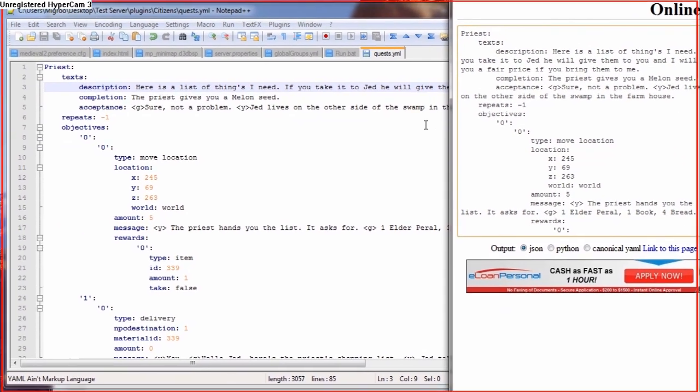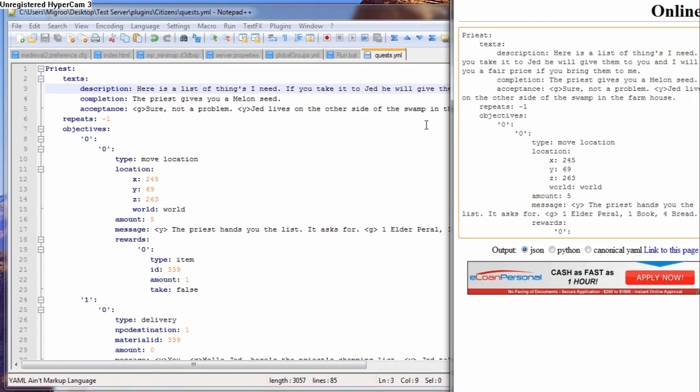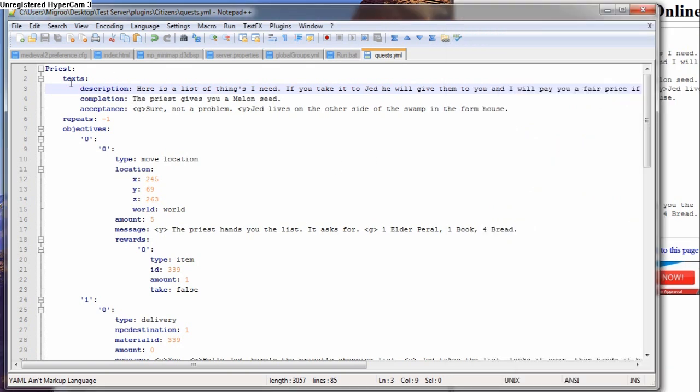One way of knowing that you have a syntax error is oftentimes when you try to reload, which we'll get into a little bit later on, but if you have a syntax error and you try to reload your Citizens files, it'll take forever, and then oftentimes you'll just get disconnected from the server or something. And that's a good indicator that you have a syntax error. Usually if you just messed up, you know, you can't use something somewhere, or it's skipping objectives or something, it'll load just fine. And then you just need to rethink the way you're writing your quest. But anyway, enough of that.